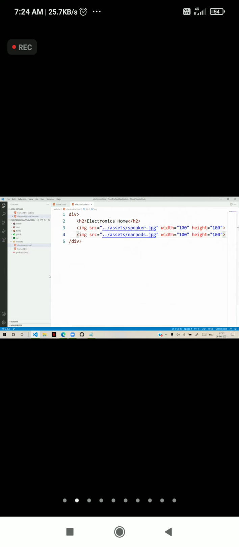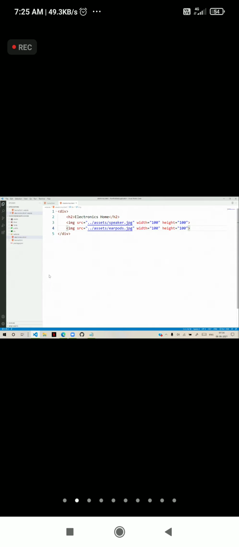This is the electronics page. Similarly, another page we will add, footwear.html. And here I will copy footwear home. And here I give the images shoe and shoe one.